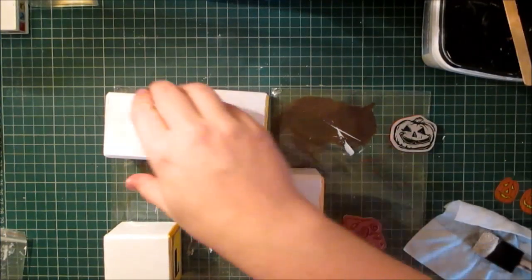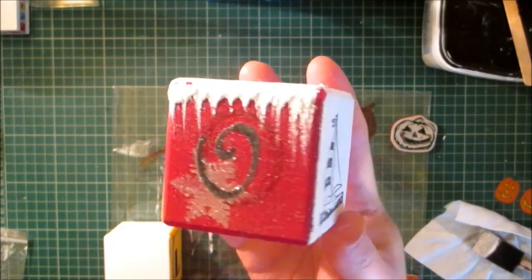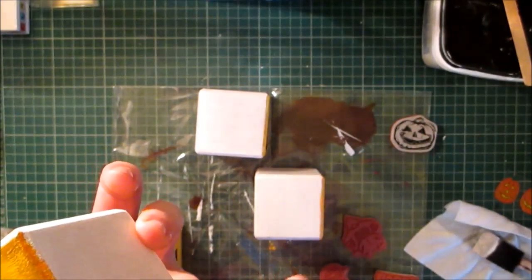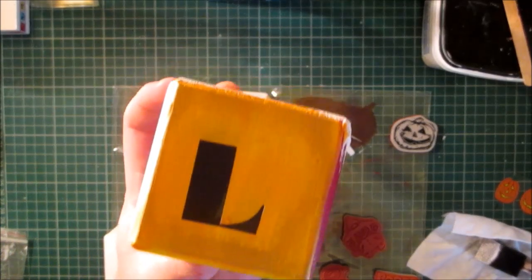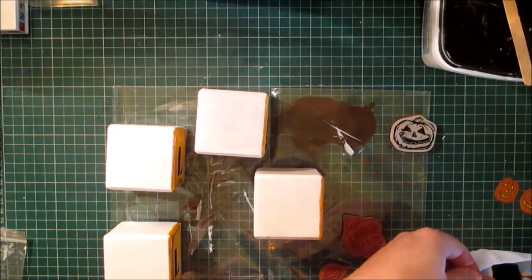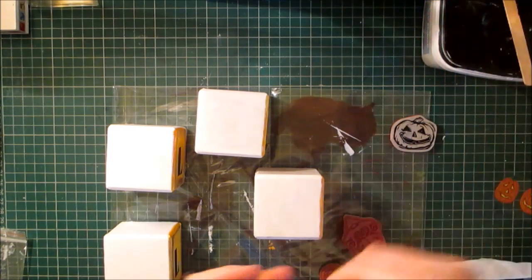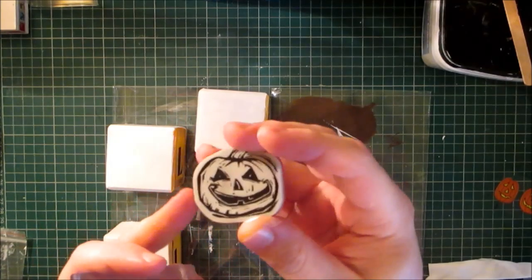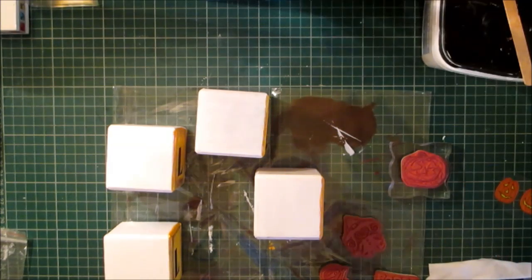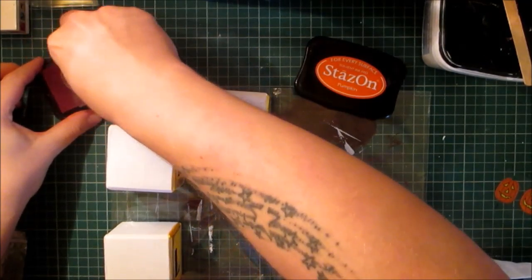Hello crafters, I'm back. I have done some of the sides. I have done the winter one, the summer one. We're going to do the Halloween one now with you on camera, and we have the autumn fall one. So for the Halloween one I'm going to be using some stamps. Now this is a Tim Holtz stamp. It came from one of my Tim Holtz sets. It's the pumpkin, and I'm going to be using some pumpkin Stazon ink,